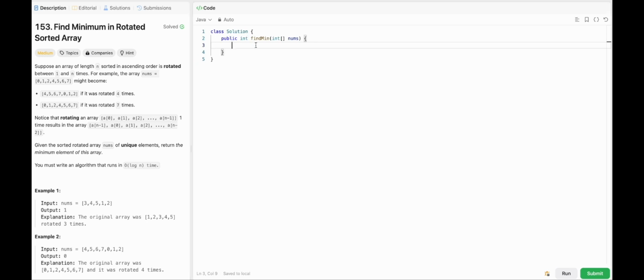So the way to solve it is using binary search, but with something in addition to it. In binary search, we try to find an element, and since it's in sorted order, we can keep filtering the array down into half. Here we need to do something similar, but since it's rotated, we need to add a special case to it. First, for creating the binary search, we'll create 2 pointers, one to point to the left and one to the right. So int left equal to 0,